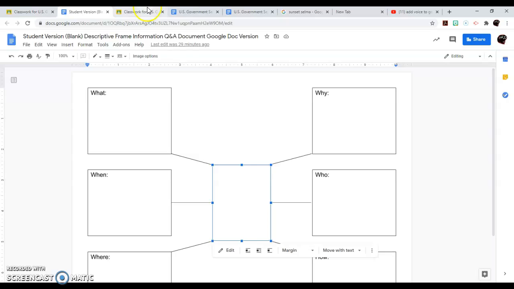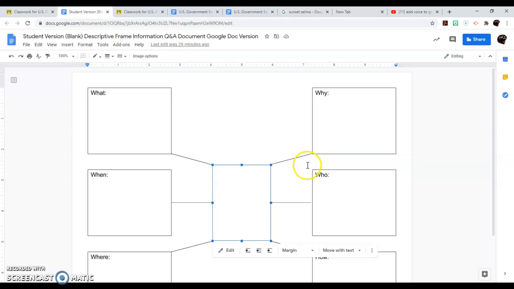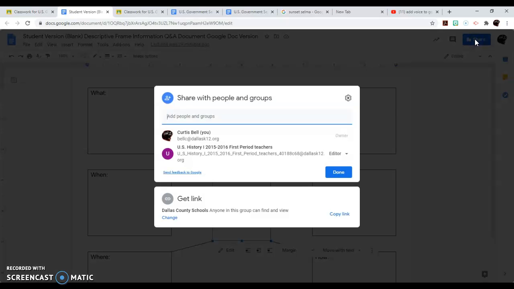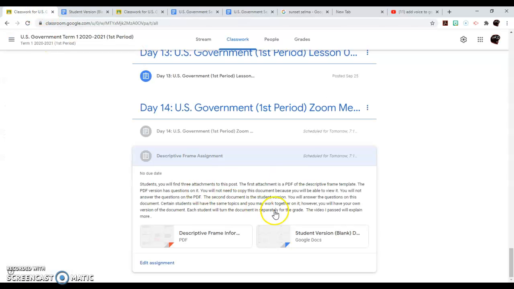All right. Now, so whatever topic I give you, you're going to put it in the middle. And of course, you will see how you write in it. You have to type on it. And so if it's French and Indian War, or if you have a document, Bill of Rights, you're going to type in and you're going to save it. Don't forget, in order to post the assignment, you have to copy the link and go back to the original post where it says add or turn in, and make sure you turn the assignment in.